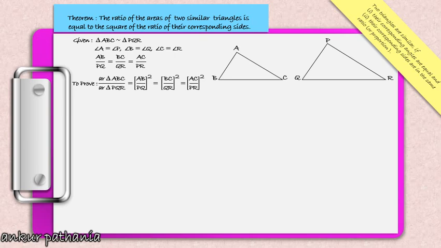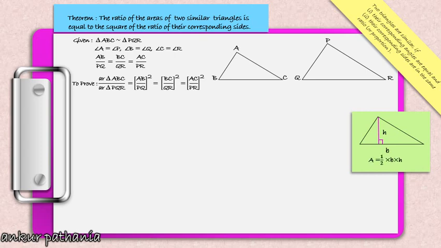Now as the area of triangle is involved here, how did we used to calculate area of triangle in our lower classes? If its base and height is given, by using the formula: area of triangle is equal to half base multiplied by height. Now in these two triangles we have the base but we don't have the altitude. So for that we will be constructing the altitude, that is we will be drawing AM in triangle ABC and altitude PN in triangle PQR.